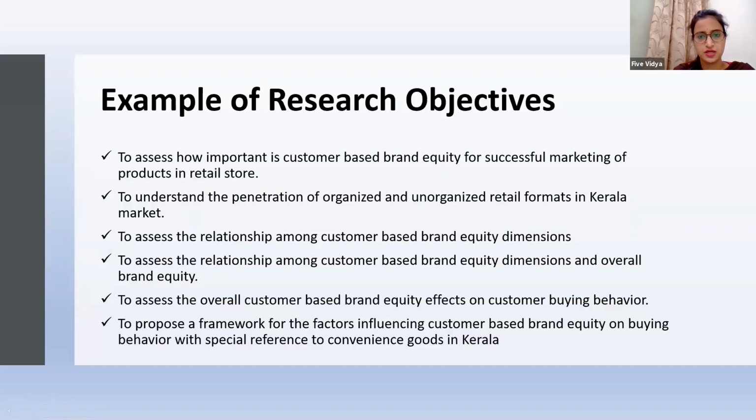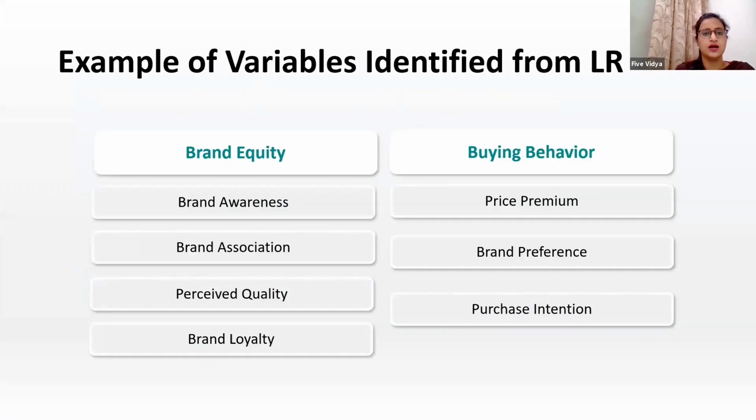Now, if we move to the next slide, if you're done with the research objectives, we will discuss how we can have a conceptual framework. As I mentioned, I'm going to cover that as well in this PPT. So you can see some of the variables which we have identified from the literature review. So again, another purpose of doing literature review is if you want to have a conceptual framework, you can identify